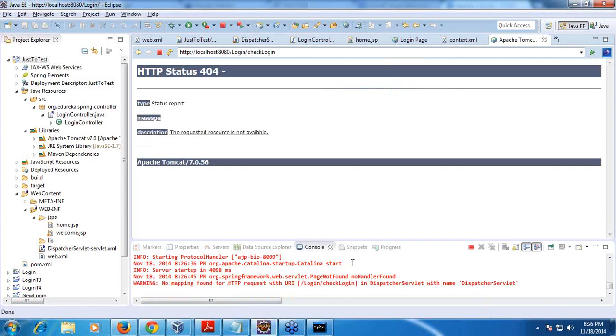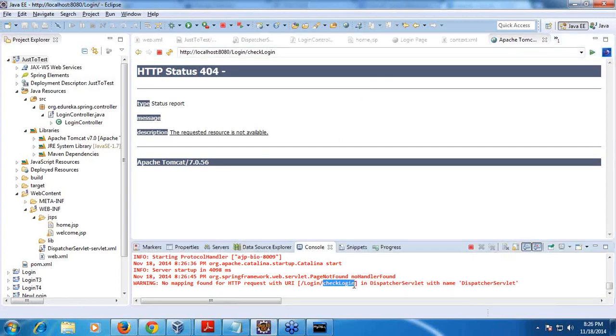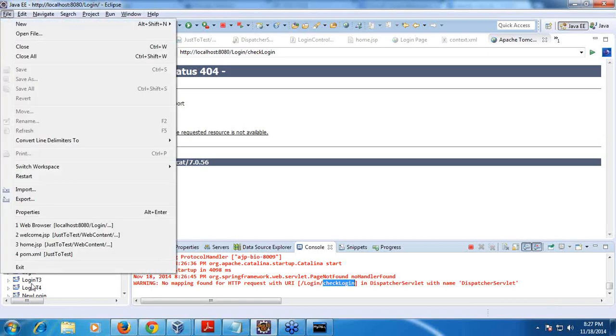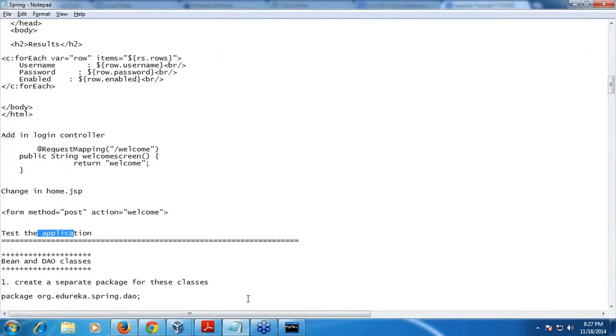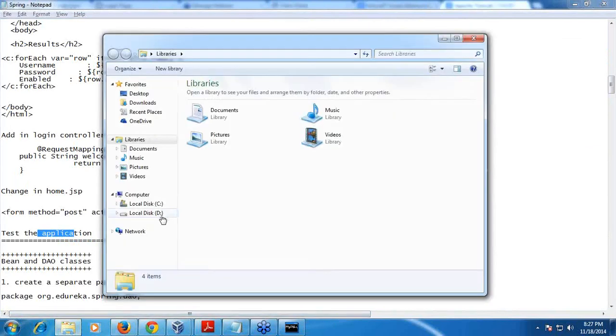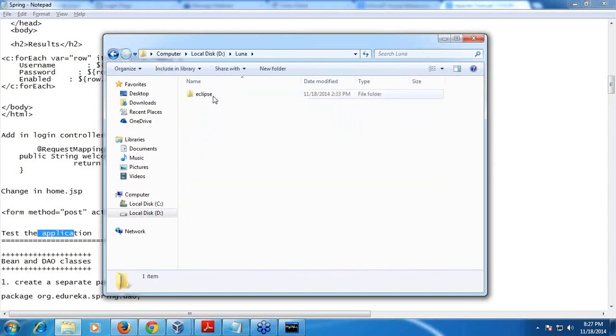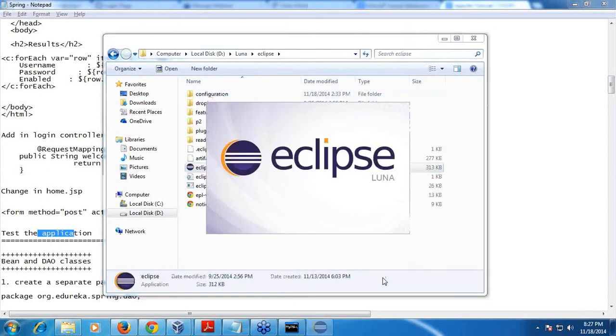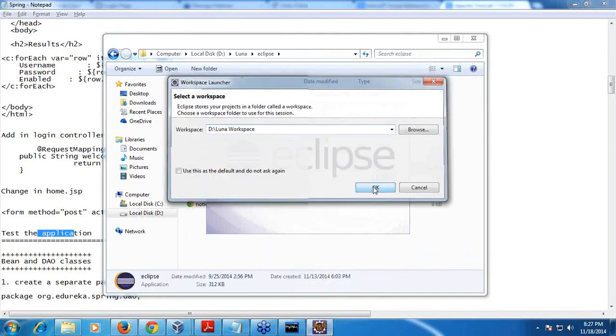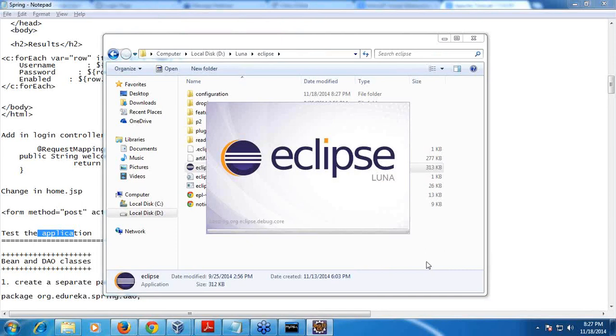Okay, dispatcher servlet. I'm sorry for this. There is some error, I think. It says check login. Sometimes, right, this my Eclipse is really tricky. Let me just log out and check my luck, right? Because I'm sure I have not written anything of such sort, so let me just check my luck.